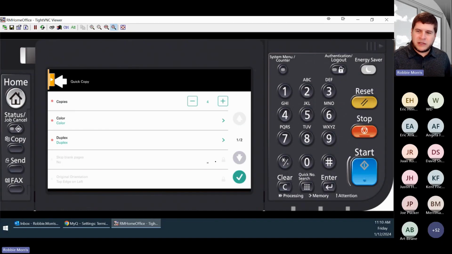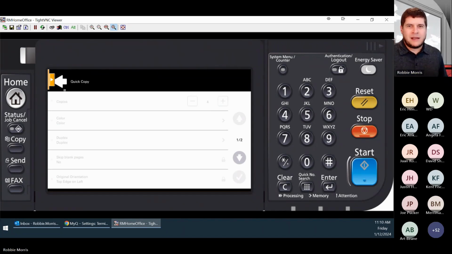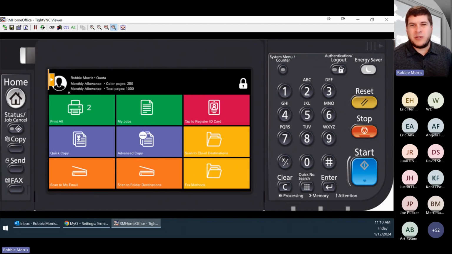We have a few others here that we could unlock. You may be able to see a padlock icon there. If I wanted them to be able to change media size or mix size, a few of these I could turn on or off as well. But I like to keep this demo very simple and just say, if you're making a quick copy, here's the 3 options you're allowed to choose from. If I chose the green check mark here or press start, it's going to perform those 4 copies in color and duplex for me. Now, in the event that you do need to use one of those 9,000 other features,